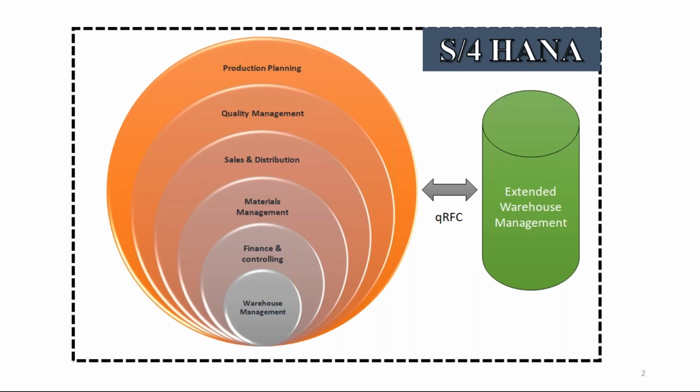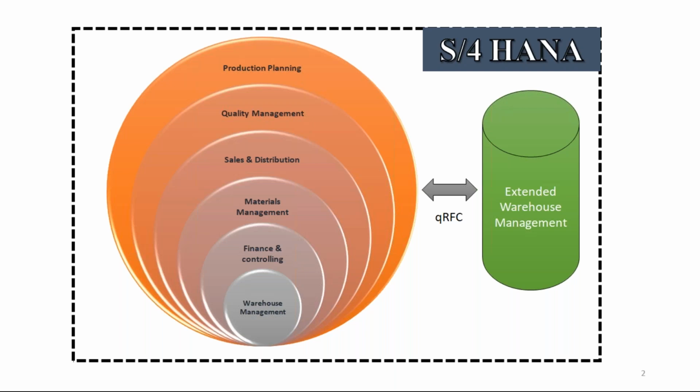You'll have some BAPIs for each and every type of data that you're sending. Let's say, for example, if you are sending inbound deliveries, the system will consider some BAPI. Inbound delivery from ERP to EWM, the system will consider one BAPI. And at the same time, if you are sending the data from EWM to ERP, that is also inbound delivery specific information. Let's say you have received the inbound delivery, you perform the goods receipt and you perform the stock placement. All activities are done in EWM. And from there, you need to send the communication back to ERP. So for that also, we need to trigger a queue. That queue will be triggered by some other BAPI.